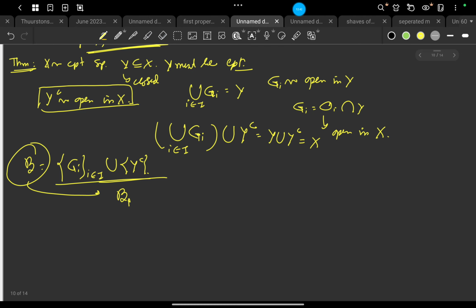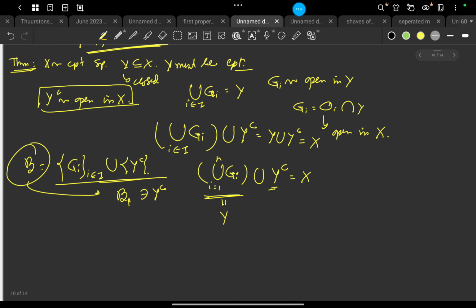Okay, so let us consider that B1 includes Y complement. So you can write the union over i equals 1 to n of Gi, union with Y complement, is X. As these elements are coming from the open cover of Y, if we take any small x belonging to X and it is in Y, then of course it is not in Y complement.